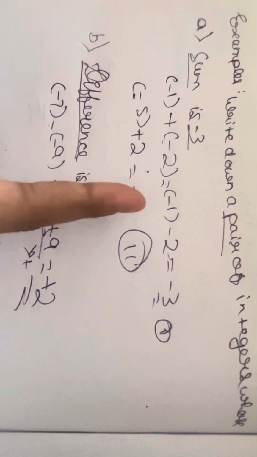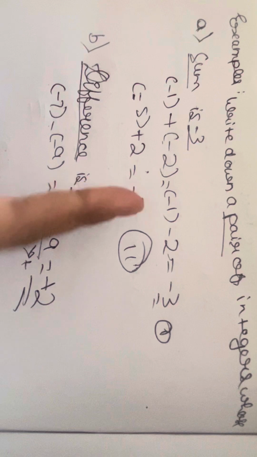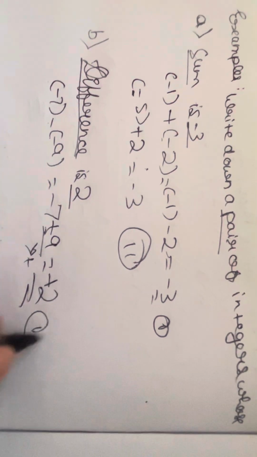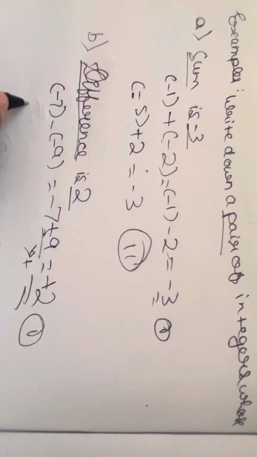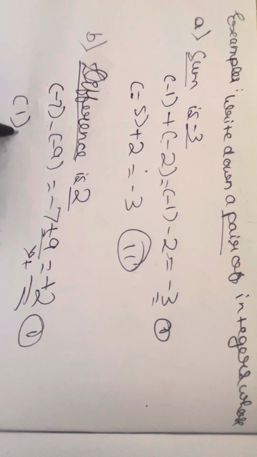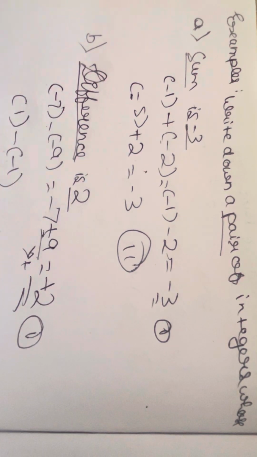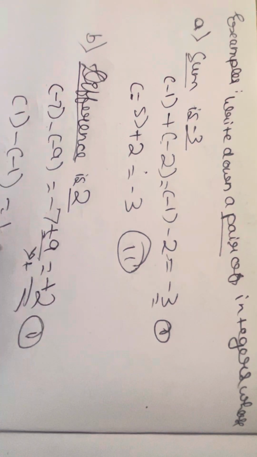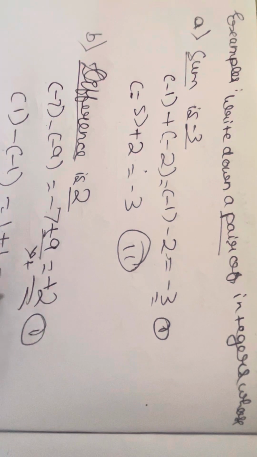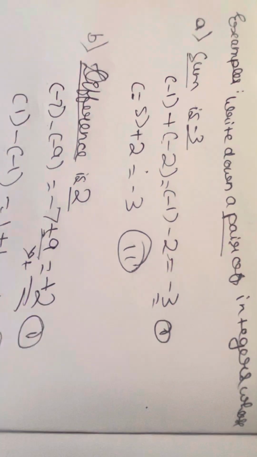So as stated above, we have to make the pair. So this is the first equation. The second one would be like 1 minus minus 1. So here 1 minus minus 1 is 1 plus 1, so the answer would be plus 2. Here the second equation is